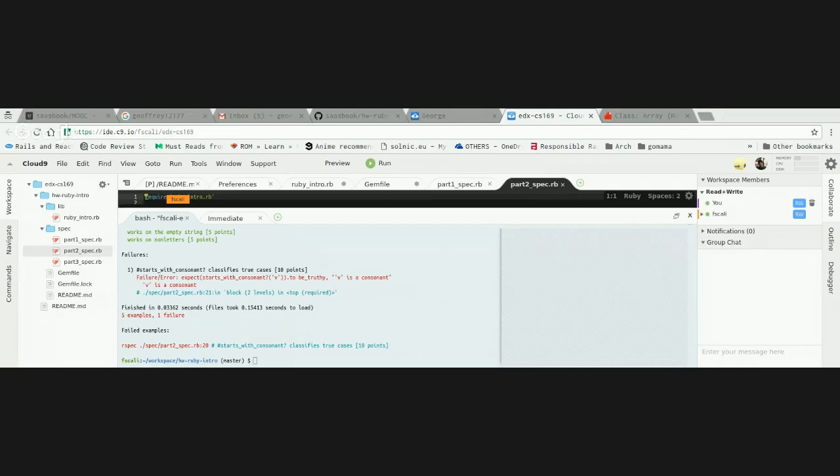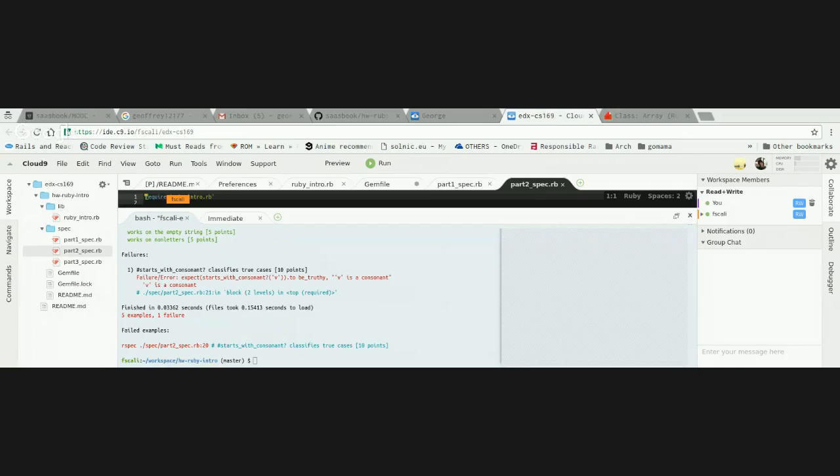Let's see. Okay, I have to put the separator here, and the beginning of the string here. What do you think?